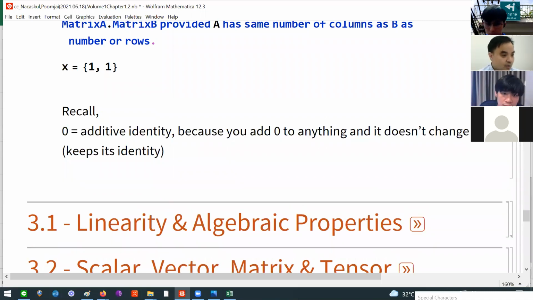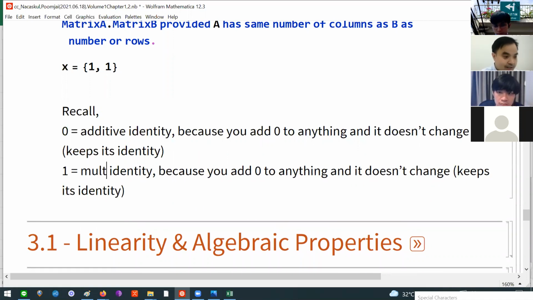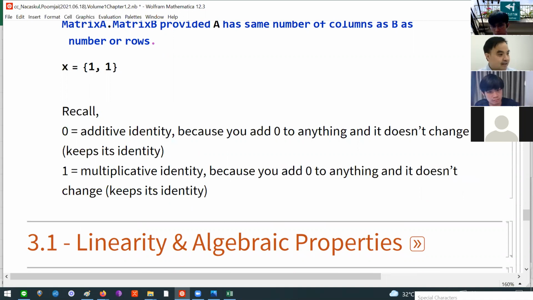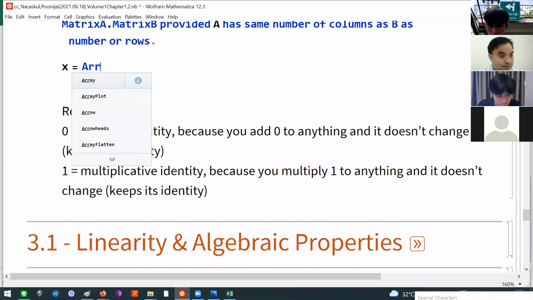And this is where being precise in the beginning of the class pays off. What about 1? 1 is multiplicative identity because you multiply 1 to anything and it doesn't change. So it keeps its identity. Now, if x is some number,